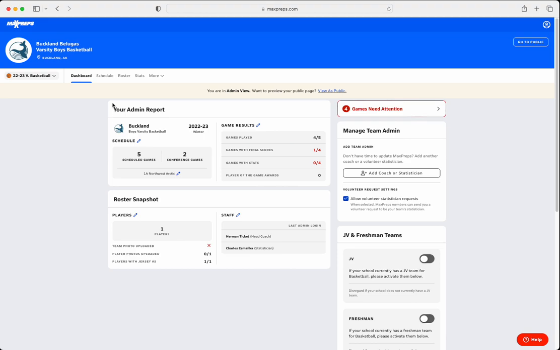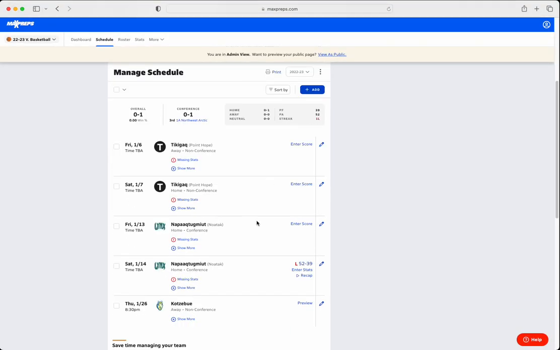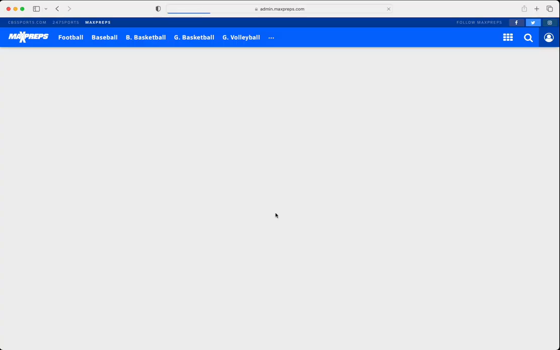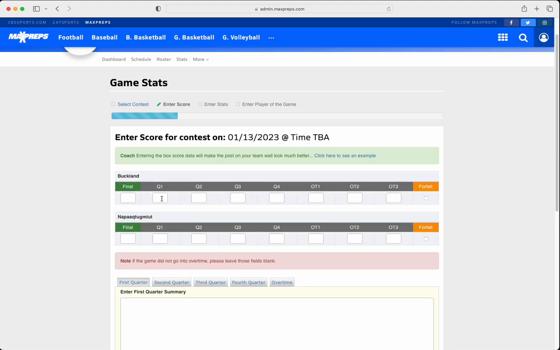Next thing that you'd want to probably do is your roster. Let's just go back to schedule here real quick. Enter score goes pretty quick as well. So you got your games. We could enter in Friday night score versus no attack. Just click on enter score, put it in your final score between there, or you could enter in your quarter